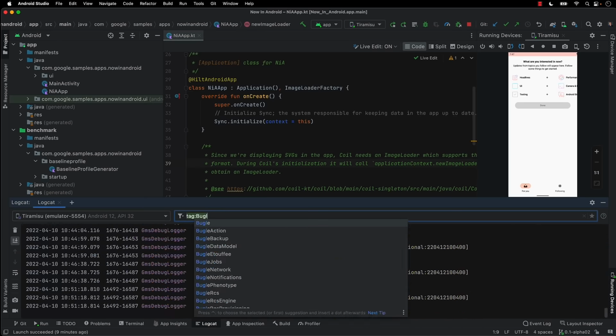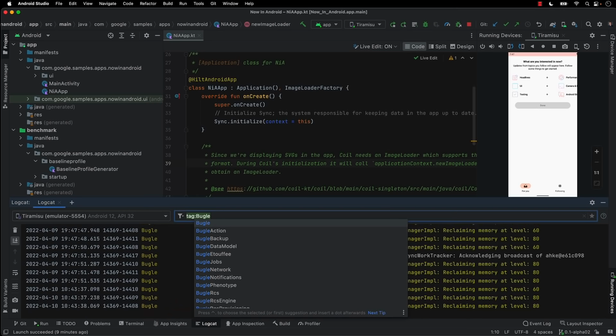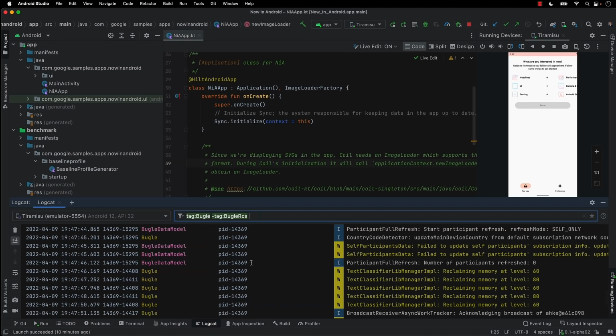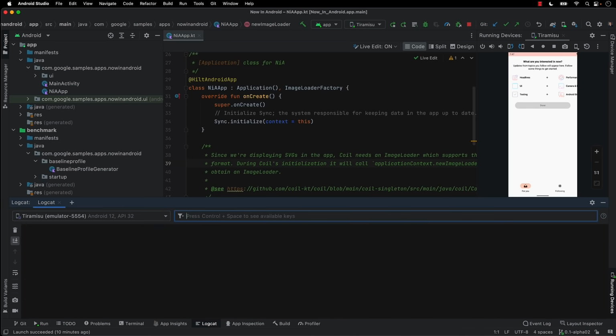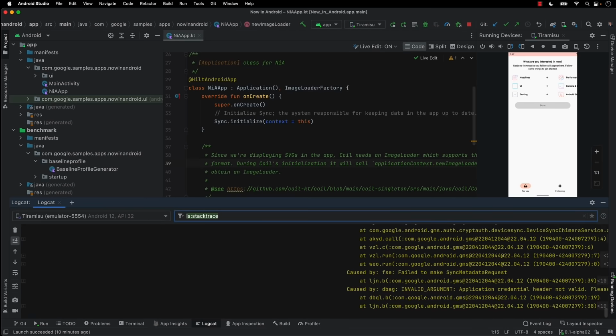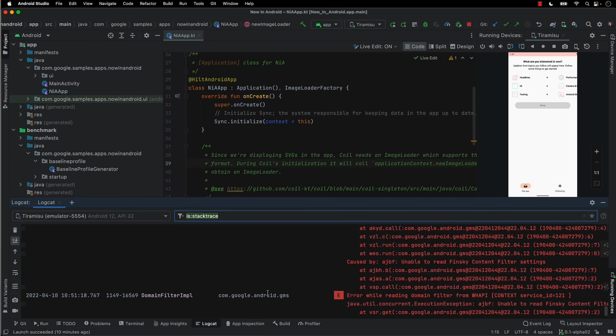We can also search by tag, and we have completion for that. And if you repeat the same qualifier, it's interpreted as an OR. So here we're looking for either of these two tags. You can also add negation. So here, for example, we're subtracting out some matches. We can search for messages that are less than 3 minutes old. We can search for errors only, or we can search for stack traces only. So that's the new Logcat window, which is experimental in Dolphin.